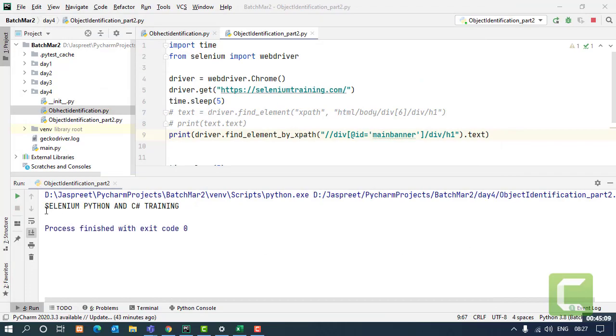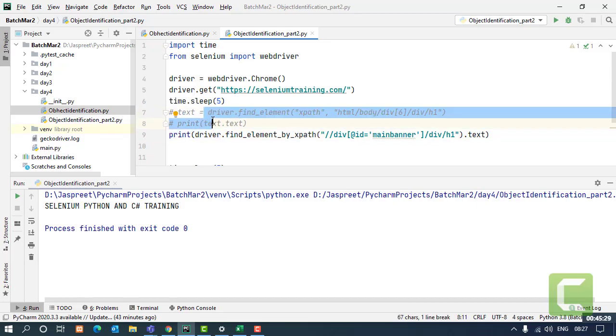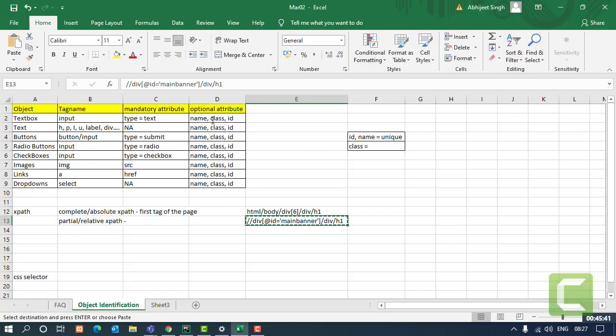This time I got my XPath. Maybe that full XPath is not being picked up or something like that. But usually this also works, the complete XPath and the partial XPath also. Maybe I have done something wrong. It's not working, maybe some issue is there. But you can try it yourself. You can take another website, make the complete XPath and see how it goes, and the partial XPaths also. Right, the usage is the same for both.